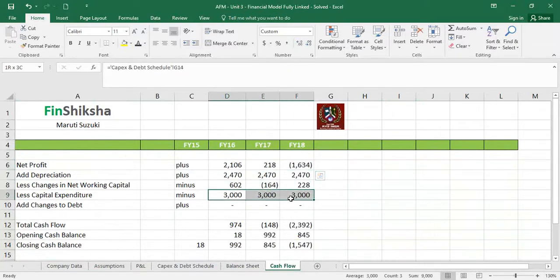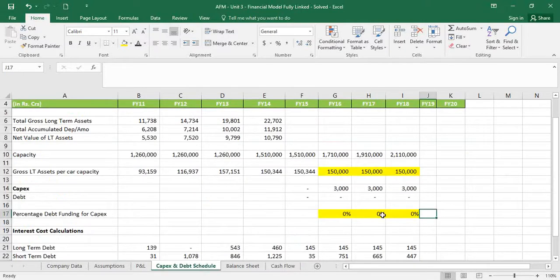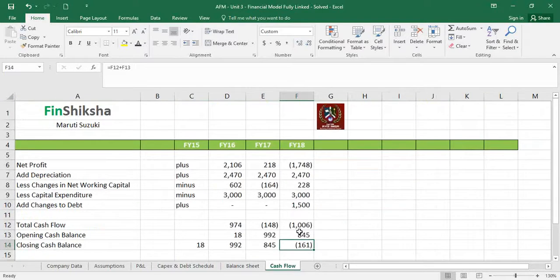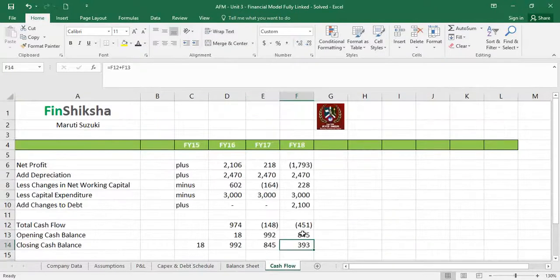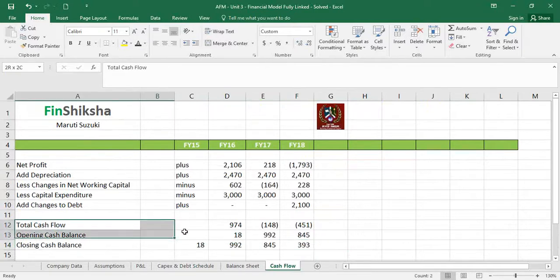If it has to do this capex, then in the third year, the company will need debt, because otherwise you will end with negative cash balance. That doesn't work. So on the capex and debt schedule, you will have to assume that in the third year, at least 50% of debt funding has to happen. Even that doesn't suffice because interest cost goes up. So you will need at least about 70% debt funding, and that will bring your cash flow to cash positive numbers, right? So once you have linked the model correctly, dynamically changing the numbers and evaluating what is happening to